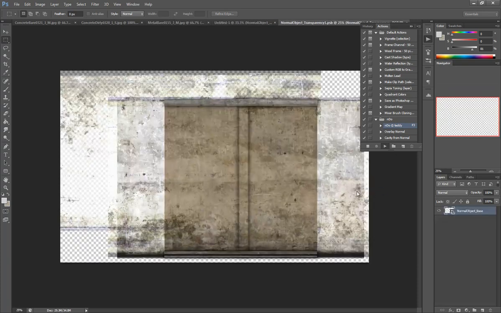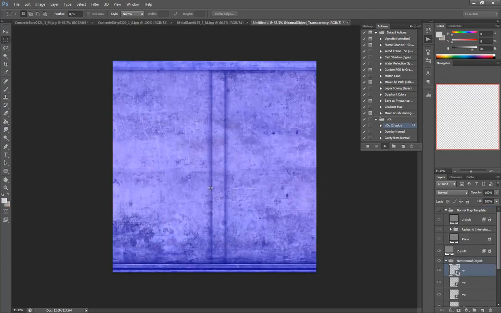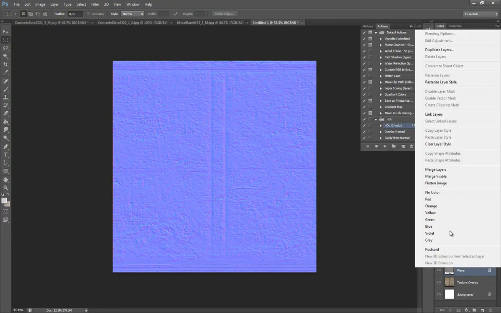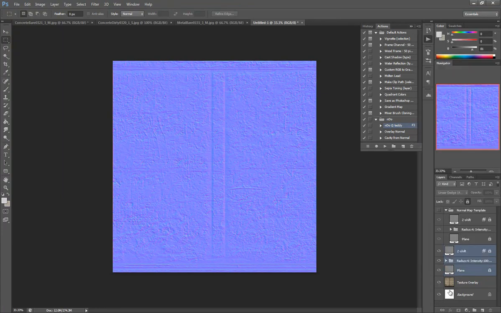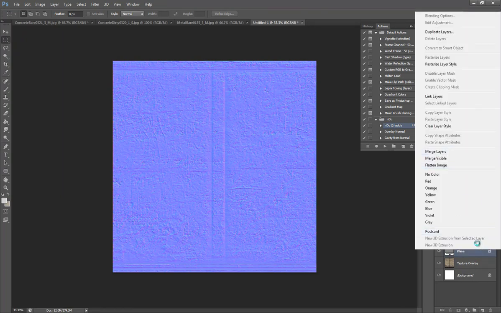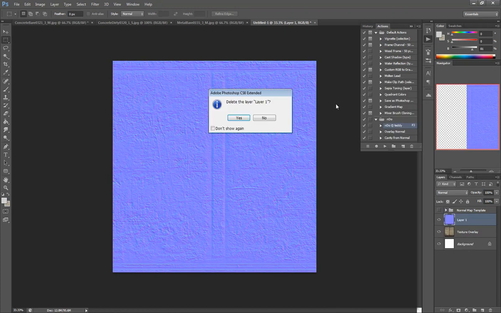Okay, and we're going to go through the same process. I'm just going to duplicate that layer, hit the NDo Teddy action button and generate the normal map. And you can see the massive amount of detail that NDo has incorporated into this normal map compared to the previous one. Now what I'm going to do is take this highly detailed normal map and merge it together,